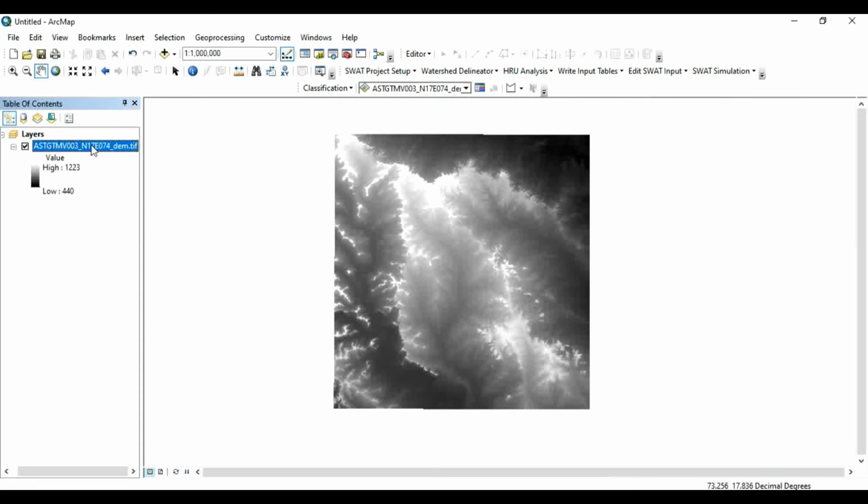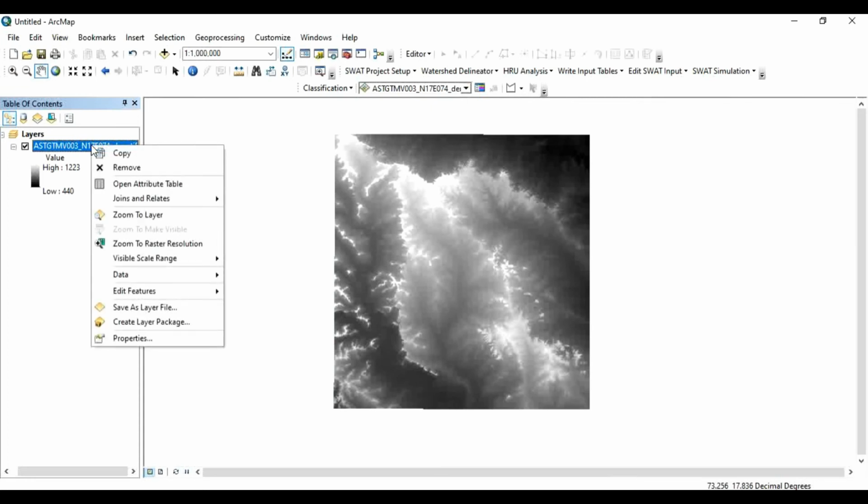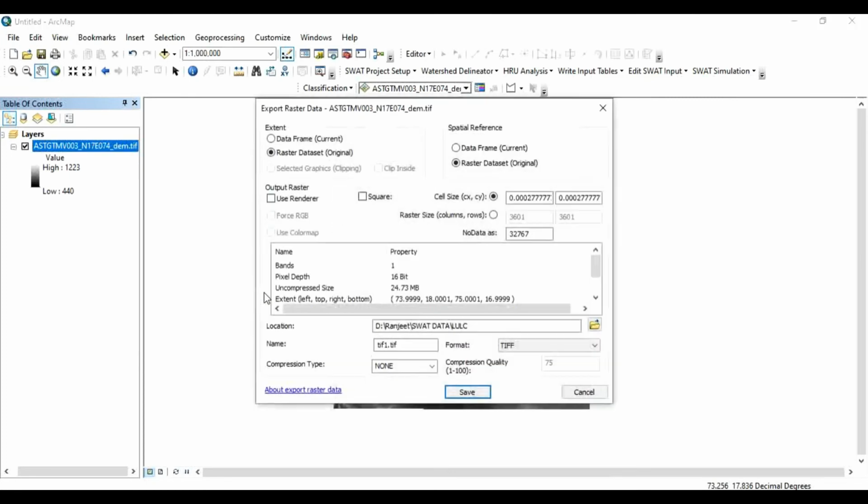So again here right click on this DEM model, then click on data, click on export data. Here in spatial reference, click on data frame current. This is important. Click on data frame current, then keep all things as it is. Now location, select your location where you want to save your file. So in location,